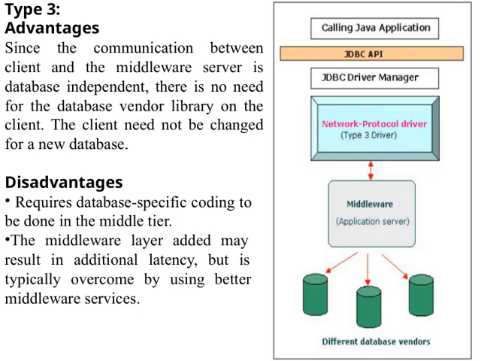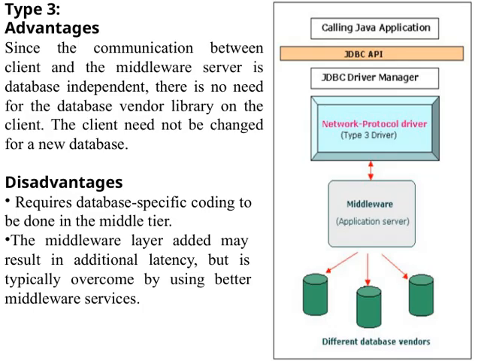However, there are some disadvantages to keep in mind. For instance, you do need to implement database-specific coding within the middle tier. This can add complexity because the middleware must handle various database protocols and features. Another point is that adding a middleware layer can introduce some additional latency, potentially impacting performance. But this is often mitigated by using more sophisticated middleware services that optimize data transfer and processing, ensuring that the overall system remains efficient. So, while Type 3 offers great flexibility, it requires careful planning to manage the added complexity